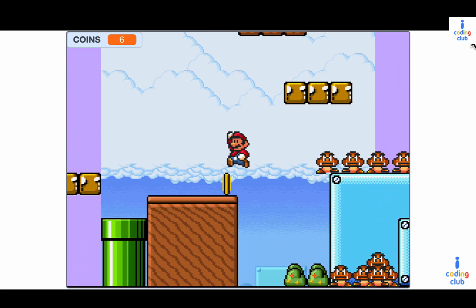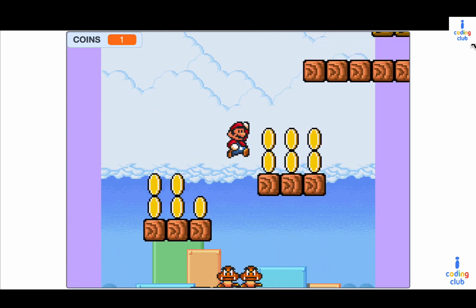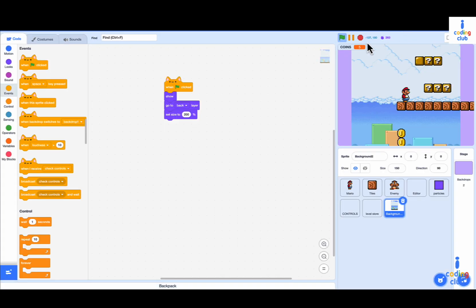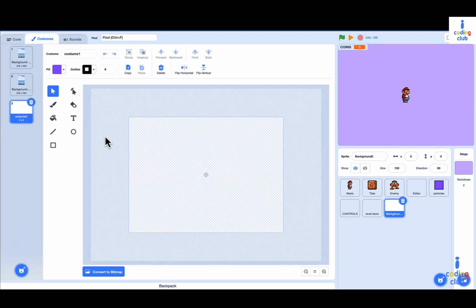So somewhere just like, no, like up here. I'm just gonna bump that mystery block. Like the background is still to 150. So if we want to do anything to help it, just make a new costume and just draw a small dot, and